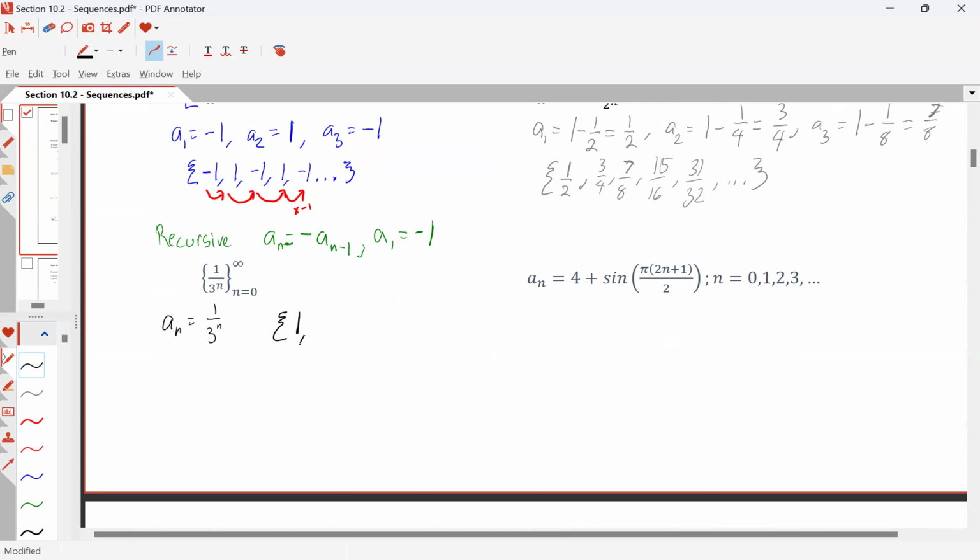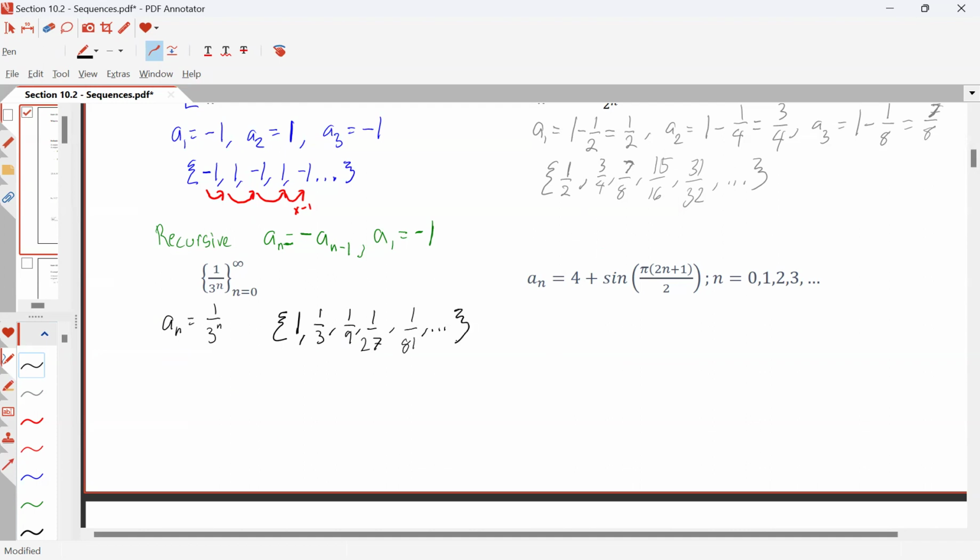So the first term, a sub 0, is 1. The second term, a sub 1, is 1/3. The third term, when n equals 2, is 1/9. 1/27 is when n equals 3,